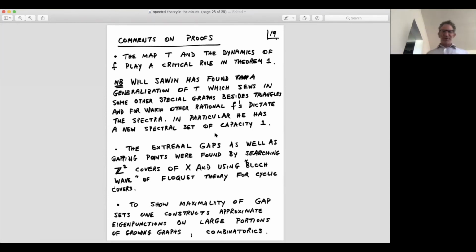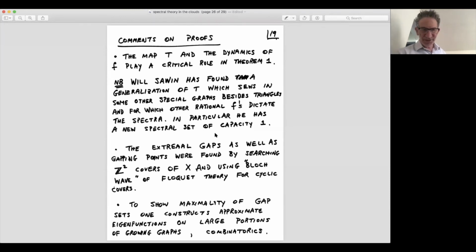I mentioned this. How do we find that example I gave you? So how do you find it? As Dima said, and this is absolutely correct, if you Benjamini-Schramm converge to the 3 regular tree, you'll never create gaps. Or in a hyperbolic geometry setting, if you have a sequence of hyperbolic surfaces whose genus goes to infinity and which Benjamini-Schramm converge to the hyperbolic plane, the spectrum will become dense in a quarter to infinity. So you have to find some very cunning other limits. So you want a Benjamini-Schramm, so to speak, converge to something else.